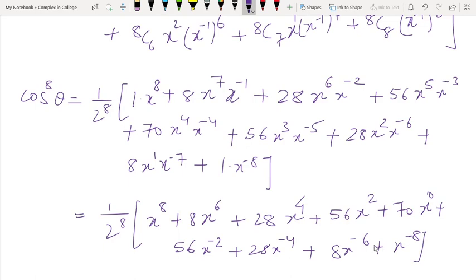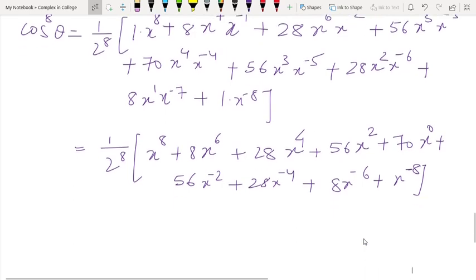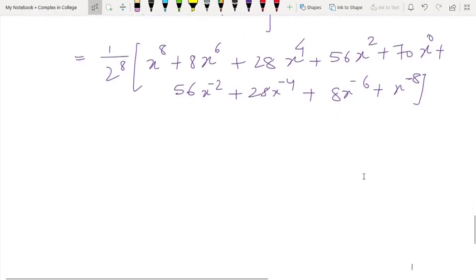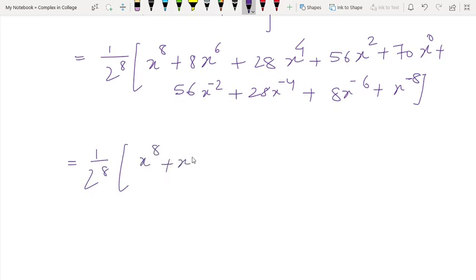यहाँ पे आपको कुछ पैटर्न दिखाई दे रहा है, पावर्स में. So what we have to do now, we have to collect the same powers together in one bracket. What I'm saying is, it is 2 raised to 8. Now just aggregate x raised to 8 and x raised to minus 8 together. You don't need to worry about sign because all are positive ones. If there is a negative sign, at that time you need to be more concentrated. Otherwise यहाँ पे फिलहाल सब जगह पे प्लस का साइन है, so no need to worry.